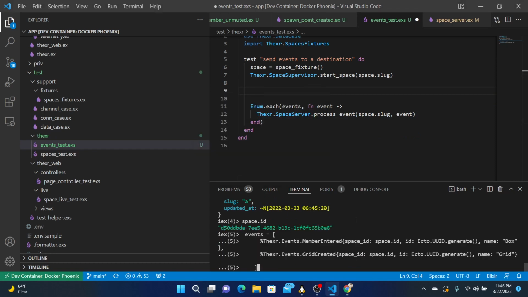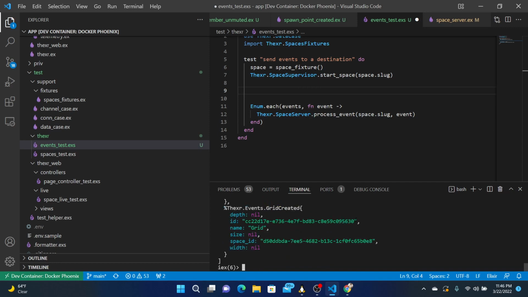Paste that. All right. Maybe we can just do this: DXR space server process event space dot slug, and event is this DXR events, whatever, it doesn't matter, it's going to break.